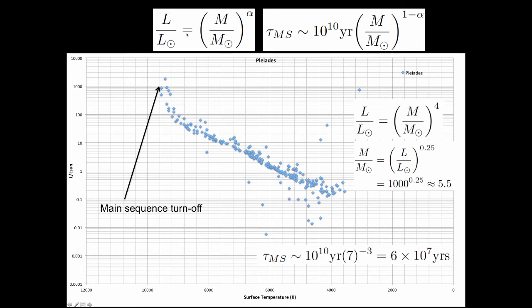So luminosity is proportional to mass to the power of alpha, and the main sequence timescale is proportional to mass to the 1 minus alpha. So this first formula tells us that the higher the luminosity, the more massive the star is. So at the top end of the main sequence up here, that's the high luminosity end, that's where the highest mass stars are. But this formula on the right tells us that the highest mass stars have the shortest lifetimes